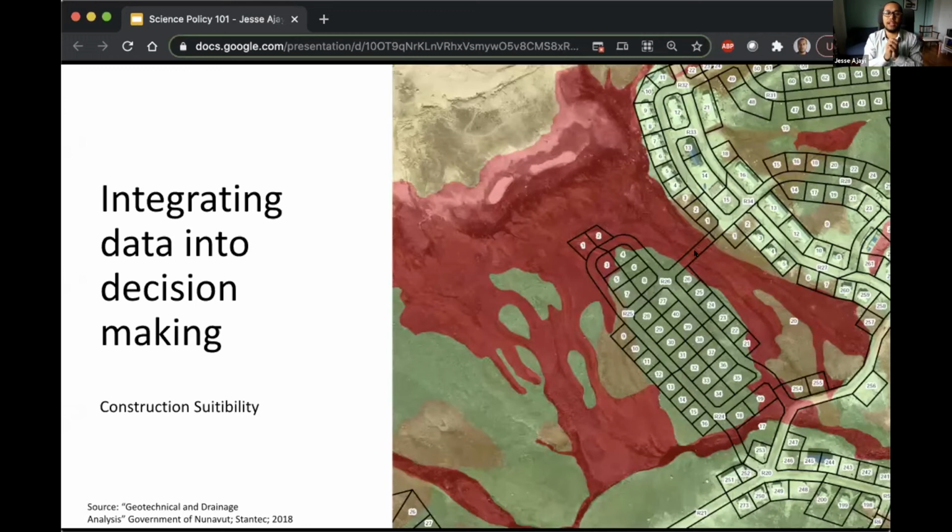This is just an example of coalescing data in a way that begins as a representation of what the research found and ends as something that can be digested and understood by the planning system, understood by local decision makers who have to make decisions about which lots they lease out to which applicants who want to build which types of development. So having a map like this is one possible end route for some of the research that we looked at in that session.